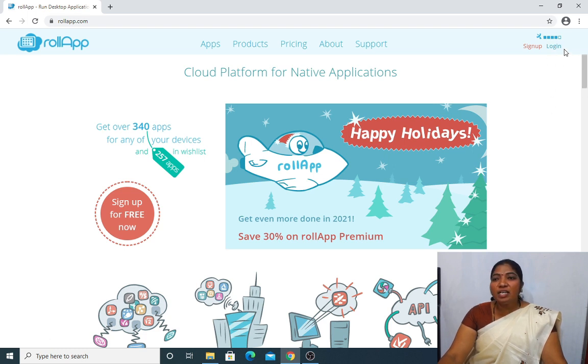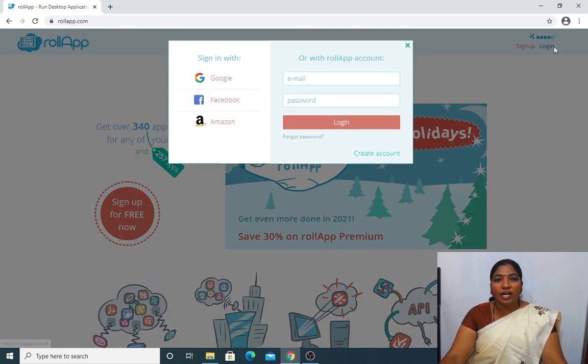So what will I be doing? I will just click on login. Just see here, my dear students, where the cursor is. The cursor pointer is like a hand. There you have to just press login if you already have a username and a password. If you do not have a username and a password, there you have to click sign up. As I have a username and a password, first I will click on login.